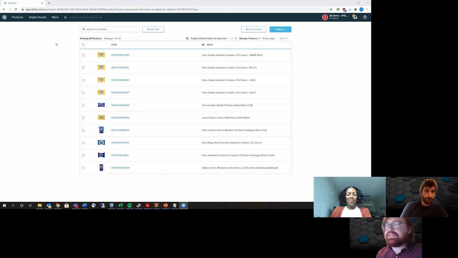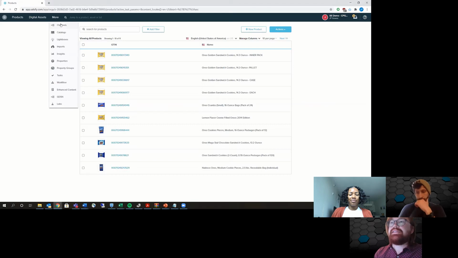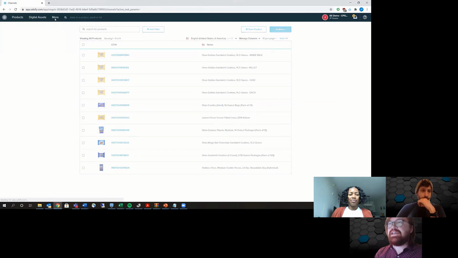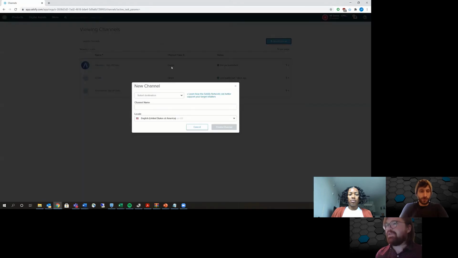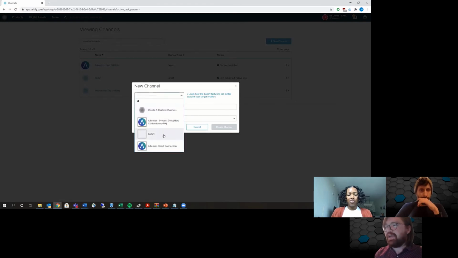Probably if you're familiar with Salsify at all, maybe not so much the GDSN channel portion of it, you'll recognize this immediately. In order to access that GDSN channel, it's the same as any other syndication channel within Salsify. You would just go through here to the channels, drop down, and just like any other retailer, you can add it in here once you've gotten with your solution consultant, and they've put in a ticket to